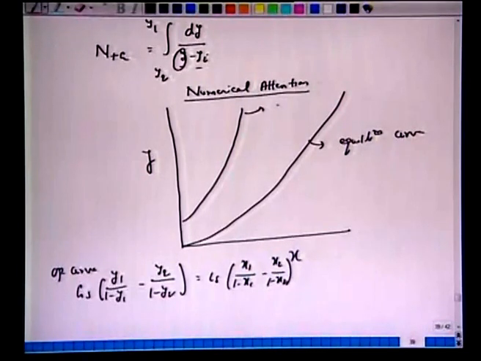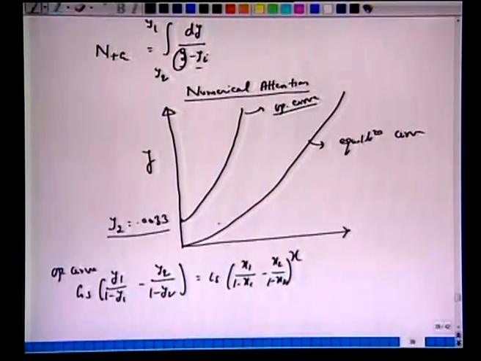and this is the operating curve. Note, neither this is linear nor this is linear. All right. So, this is small x and this is y. We have plotted on this, and we have to integrate from y2 to y1. Recall, we had this y2 as 0.0033. So, after 97% removal, we had 0.003, and here we have 10% of this inlet sulfur dioxide. So, y1 is given as 0.1.